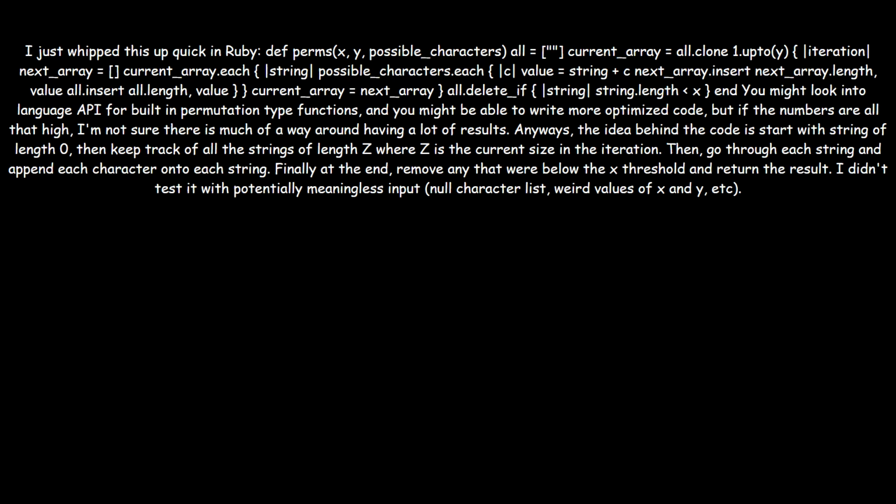I just whipped this up quick in Ruby. def perms(x, y, possible_characters) all = [""] current_array = all.clone 1.upto(y) { |iteration| next_array = [] current_array.each { |string| possible_characters.each { |c| value = string + c next_array.insert(next_array.length, value) all.insert(all.length, value) } } current_array = next_array } all.delete_if { |string| string.length < x } end